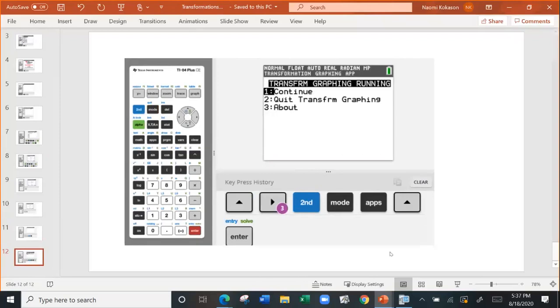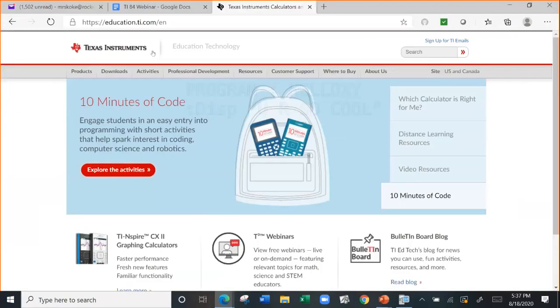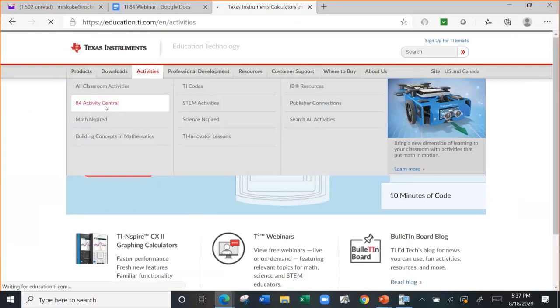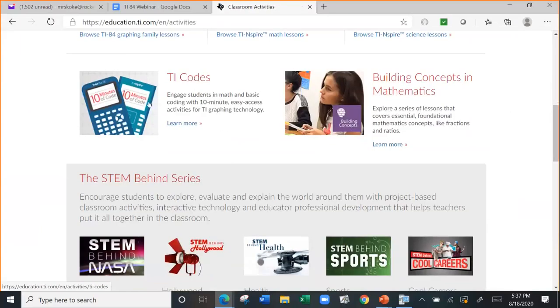Questions? Is there specific grade level activities that match the ProbSim app? Yes, if you go to the website, let me bring up the website real quickly. And if you go into activities and you go to the 84 Central,